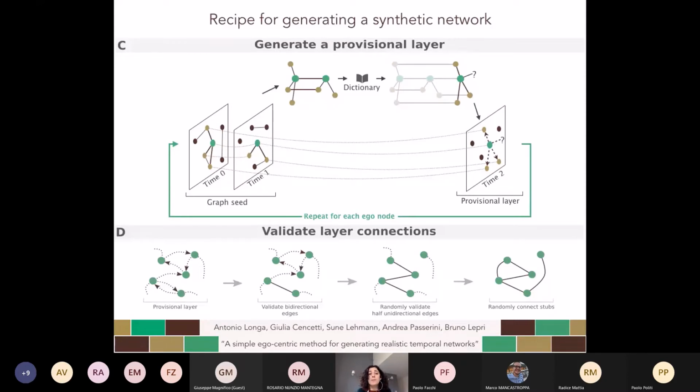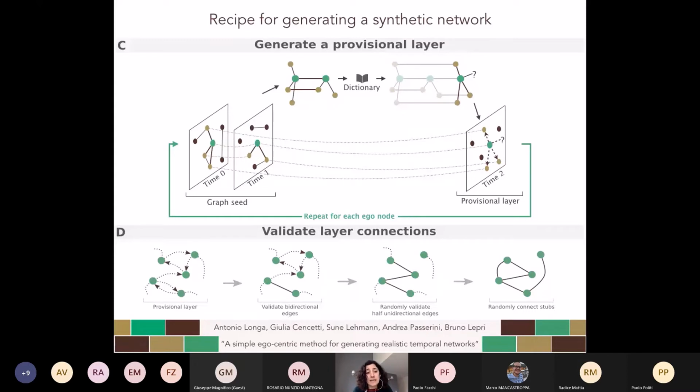generate our new network. Then let me take a step back to explain how we can initialize the system and generate the first two layers. So the first layer is generated using the configurational model, which is a model for generating static networks with a given degree distribution. The degree is the number of connections of each node. And so we choose the degree distribution of the first layer of our original network in order to build the first layer of our new network.